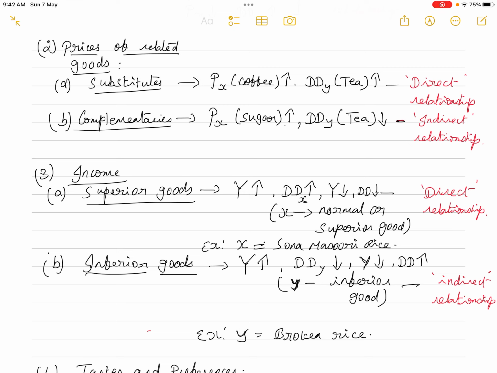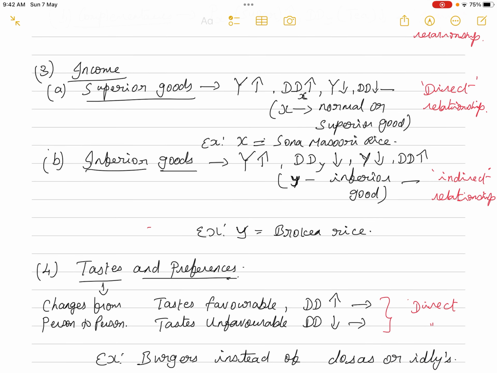The best example, I can take the example of the Sona Masuri rice and broken rice, isn't it? So if the income of the consumer is more, then he can afford to purchase the Sona Masuri rice. But if the income of the consumer decreases, he has to sacrifice the Sona Masuri rice, and he has to be satisfied with the broken rice, which is an inferior commodity compared to the Sona Masuri rice. Okay, so again remember, for your information, both superior and normal good, they both are the same. So the income demand relationship for superior or normal good is direct, and for an inferior good